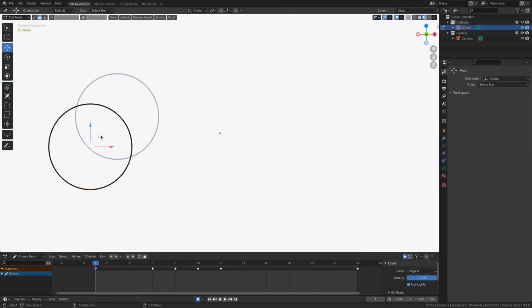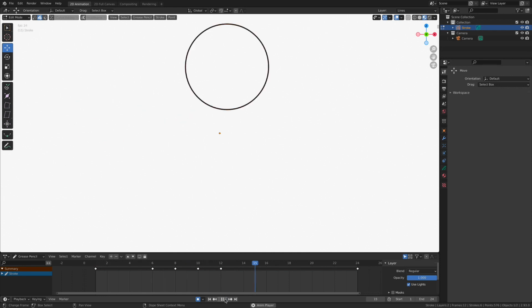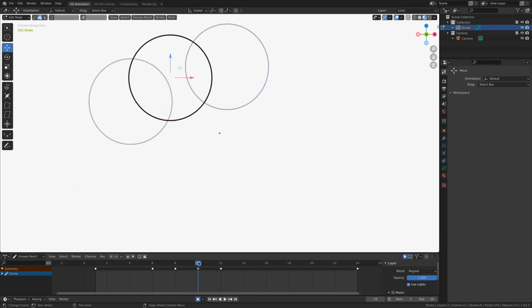I'm back at it again, working on my little sphere as it goes from the left side of the screen all the way over to my right side of the screen. This is what I got so far. Pretty straightforward, just working on the movement as it goes up, and then I'll continue the arc as it goes down. And I'm ready to start adding some new keyframes into my animation.